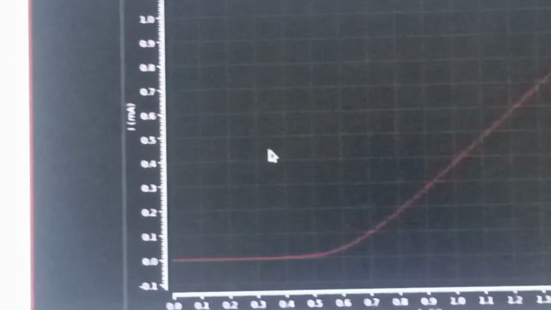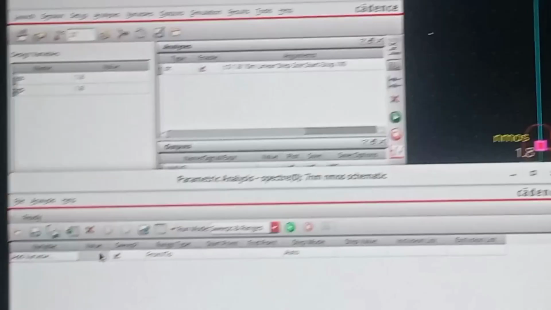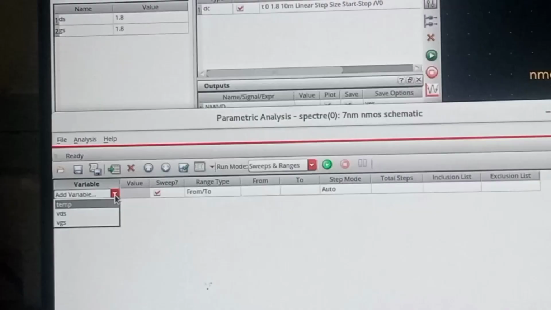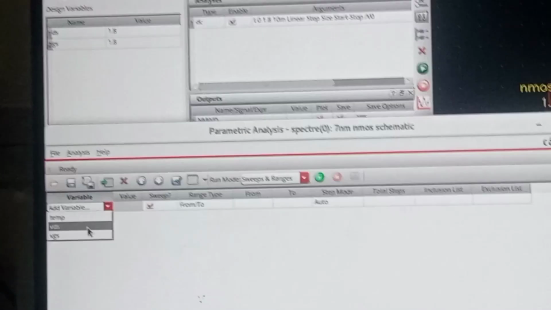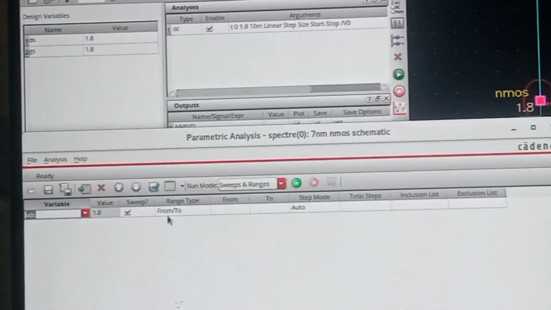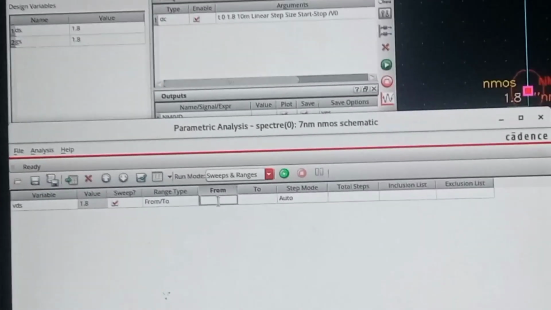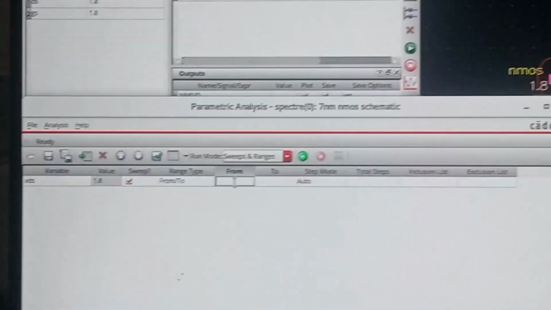You will see after a few seconds the ID and VGS graph will be shown, a single graph. To see the combined graph, just press the tool button and then parameter analysis, and select the variable as VDS and give the range from 0 to 1.8.